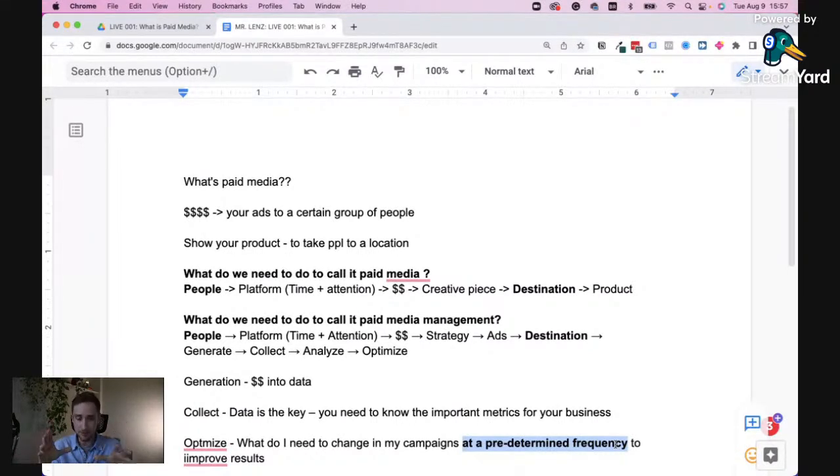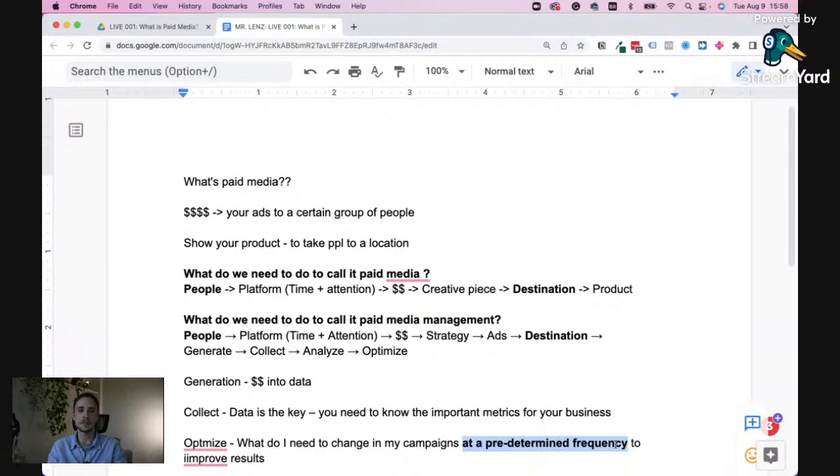So we set specific times. Oh, I'm gonna be reviewing this campaign every week, depending on how long it's running, if it's a launch, if it's an evergreen, if it's an ongoing. We have specific frequencies that we optimize our campaigns. If not, we go crazy and we don't let the campaign run long enough. So we don't know. We need enough data to be generated. We need to reach a certain number of people. We need to have data